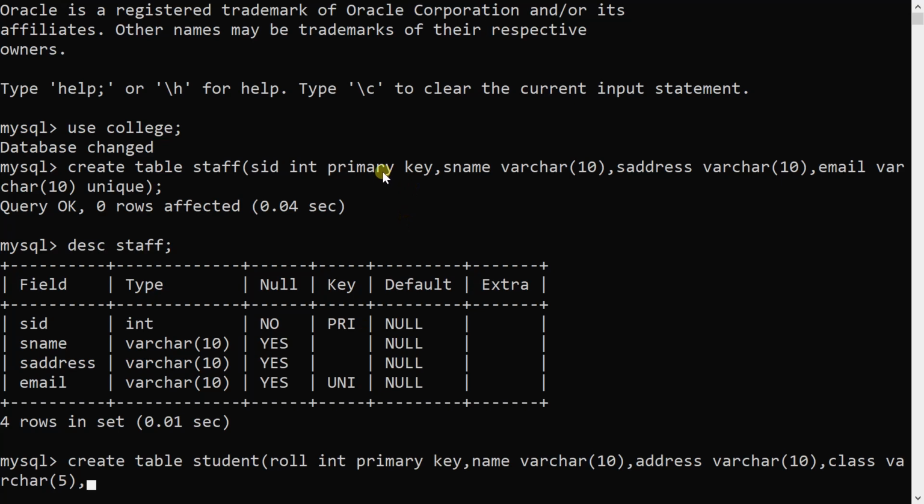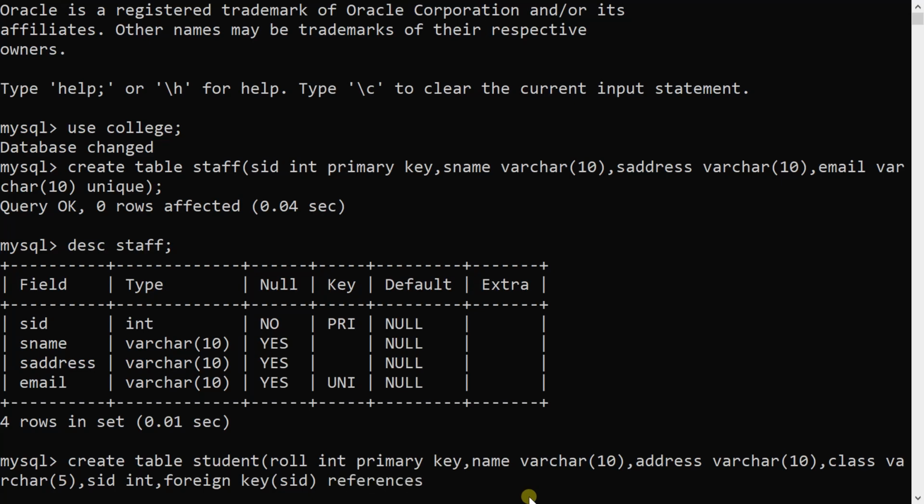Whenever the primary key of a parent table is referred to in another table, it becomes a foreign key. So how to use the foreign key constraint? Just see the syntax: SID int comma, foreign key into brackets the name of the attribute, references.